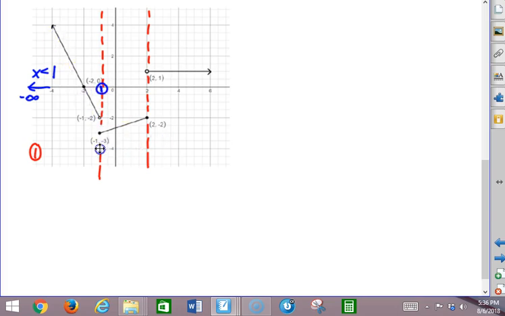Here my x values are between negative 1 and 2. So for this section of the graph, I have negative 1 is less than or equal to x is less than or equal to 2 for that middle section of the graph. And for the right-hand section, notice that x is bigger than 2. So here x is greater than 2. So when I do my piecewise function, I'll just call it f of x,